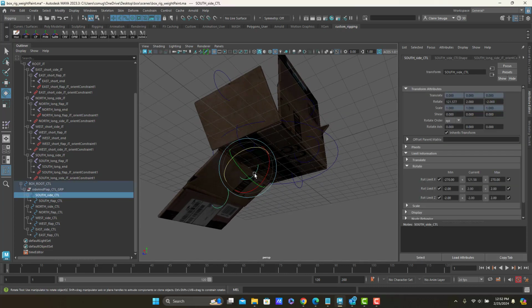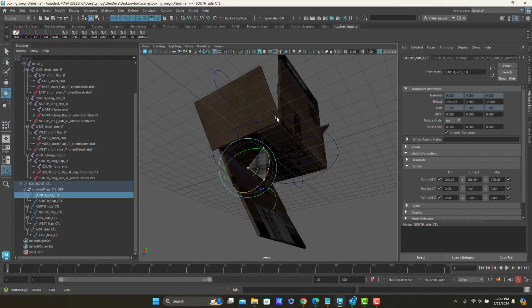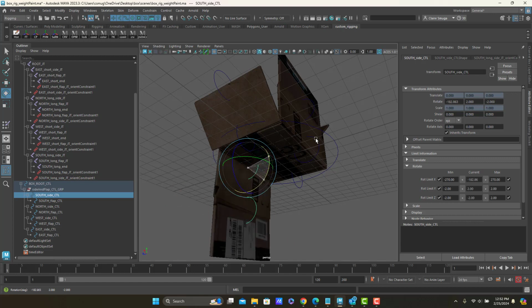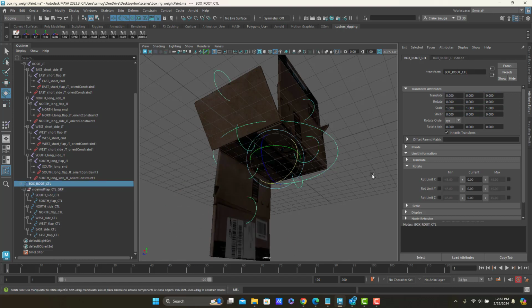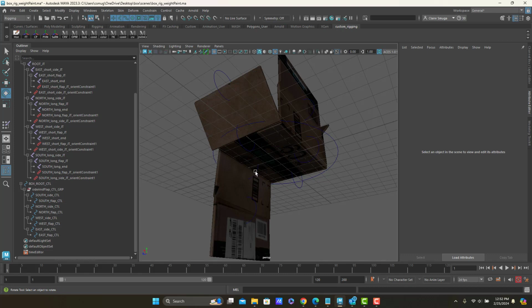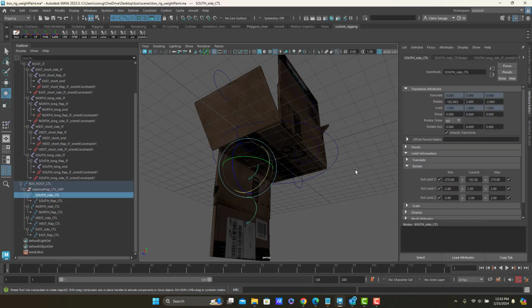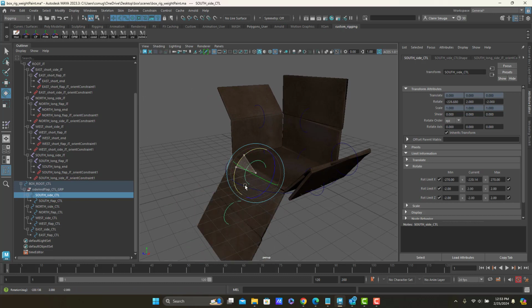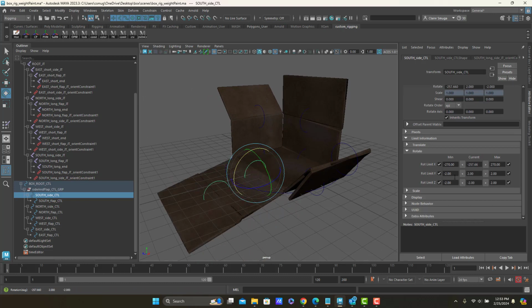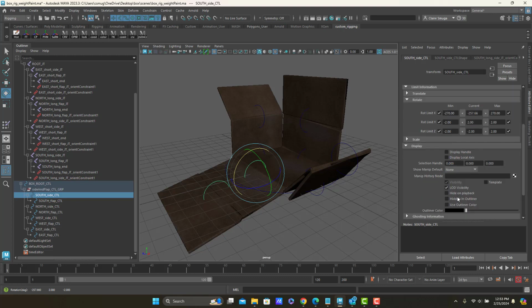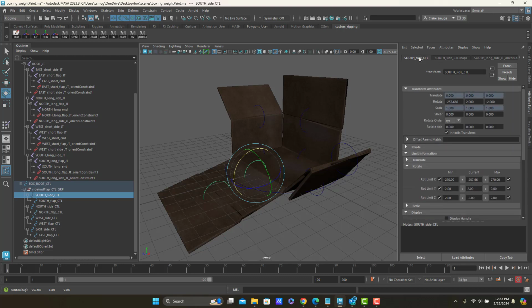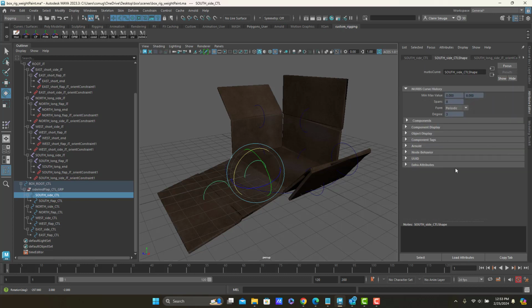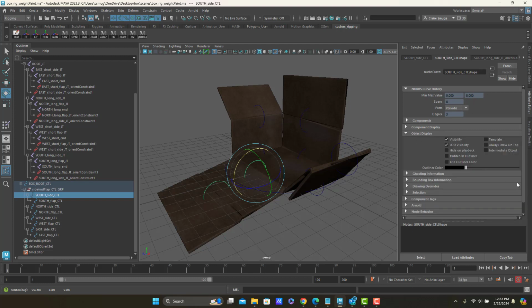While you were gone, I went ahead and set limits for everything I had except for the root control that we still haven't gotten to. I want to do one more thing with these side controls, and that is I would like to color code them. Now, color coding you can actually do, I believe, in either the object or the shape, which is weird,